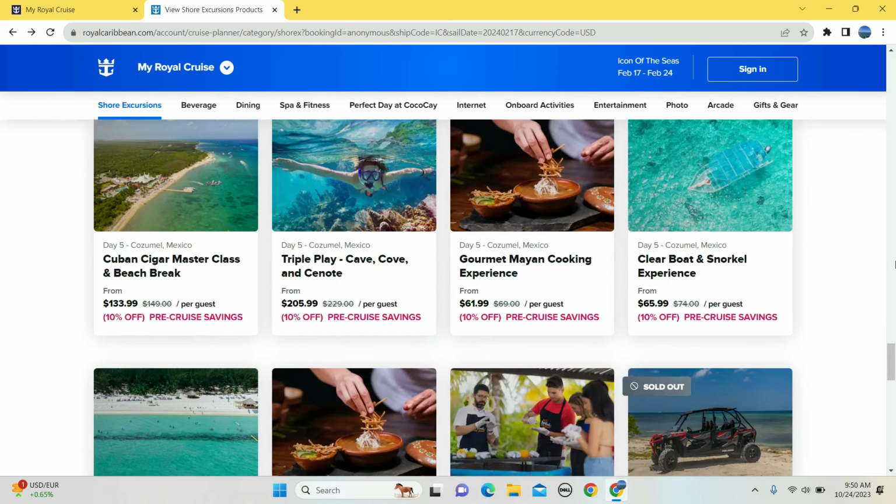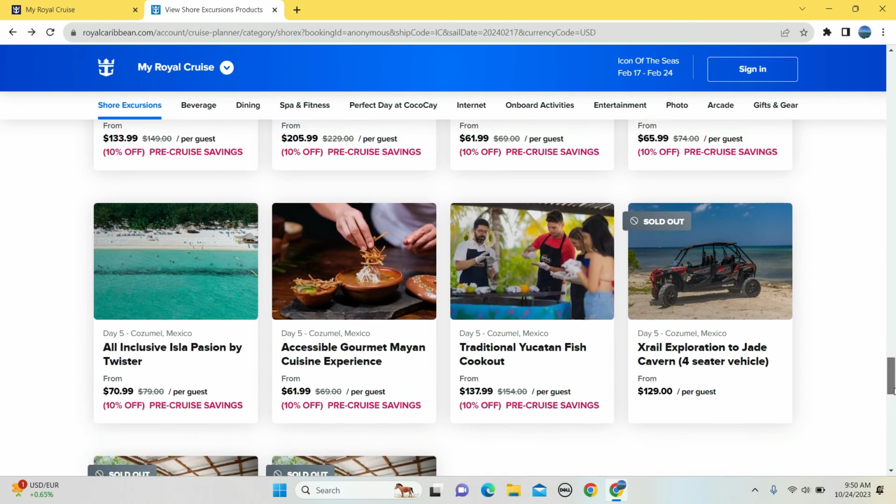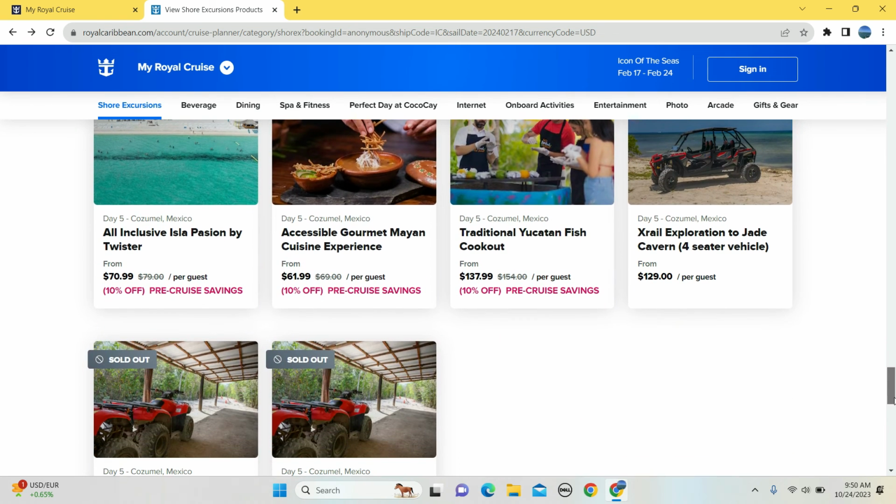There's a lot of details here. So just be careful with the details. Yeah, and then we get down to some of the things that are sold out. The ATV things are sold out here. One of the last items we will look at is the gourmet